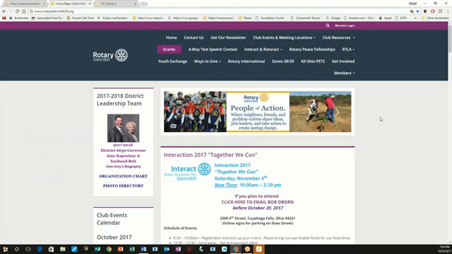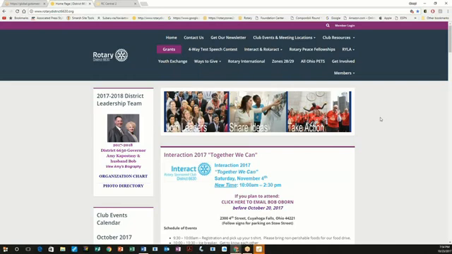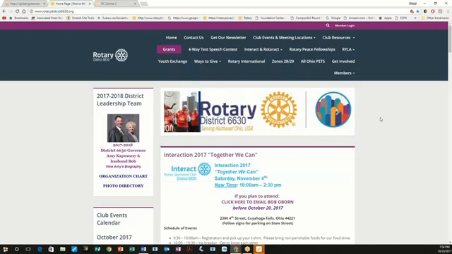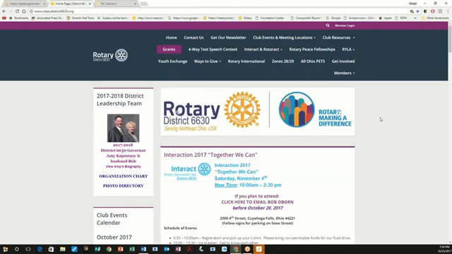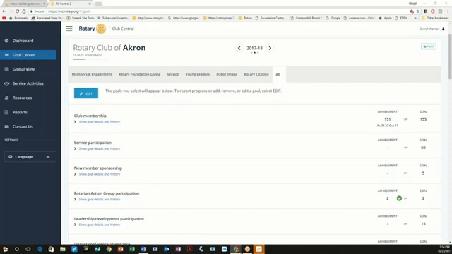And I will tell you this, you can make your login the same as Rotary International, but it's not automatically the same. So whatever your login is at your Rotary Club, if you're using Club Runner, is the same as your district login, but it's not the same as Rotary International. Rotary Club Central is a portal within Rotary International's website. So you need to think of it as really embedded in Rotary International.